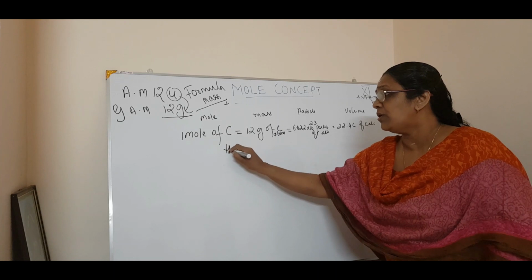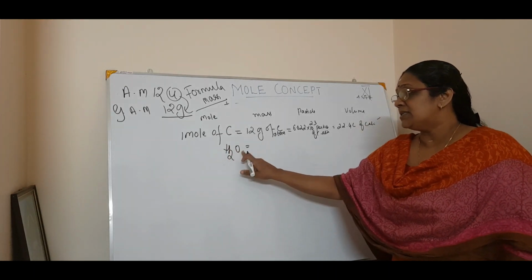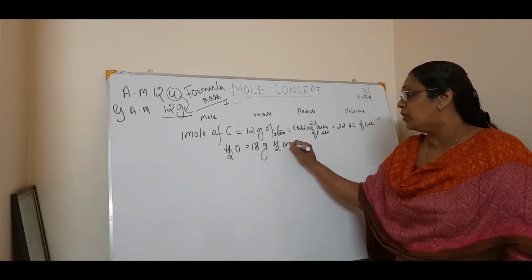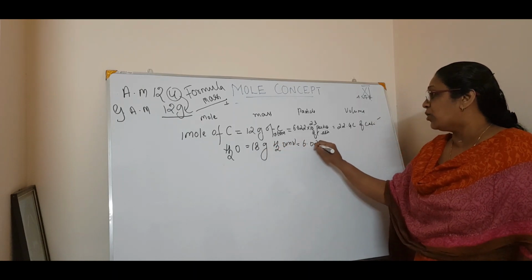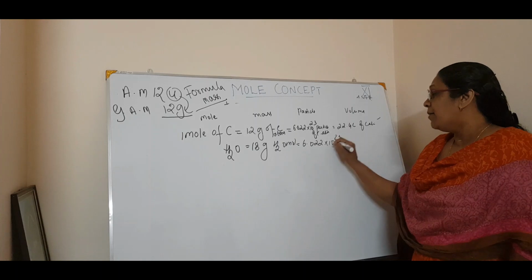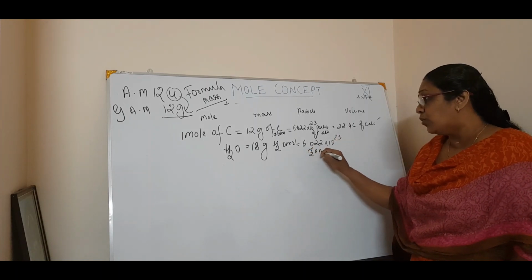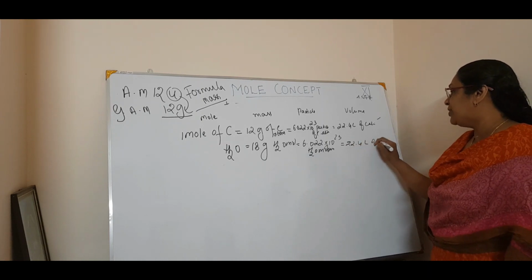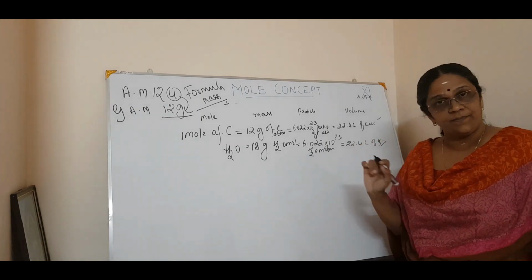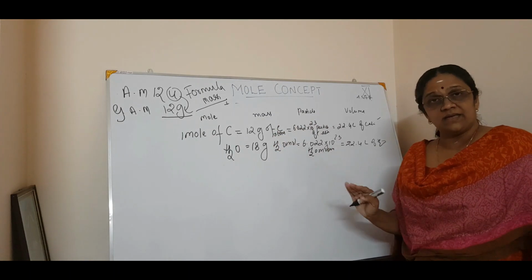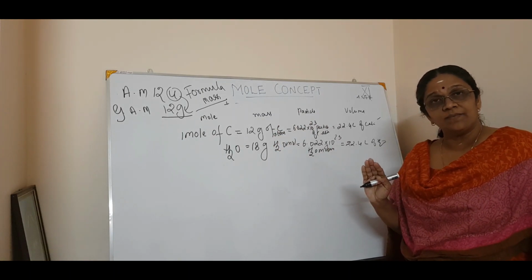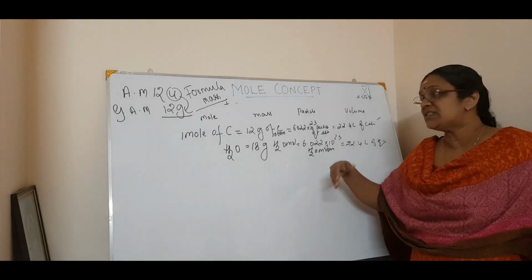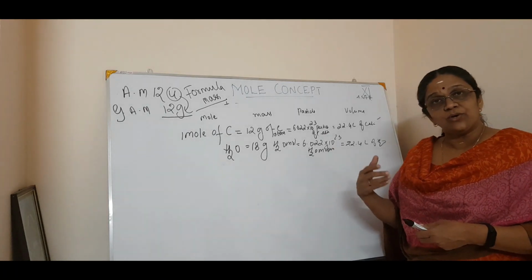Now if we come to molecule, same. How is it? This is 16 plus 2, 18. 18 gram of water molecule, correct? Is equal to 6.022 into 10 raised to 23 particles of water molecule. Or that is again equal to 22.4 liter of water molecule. Correct? So it is like this. I hope you understood what the mole concept is. We will do some numericals, then you will be able to follow that.